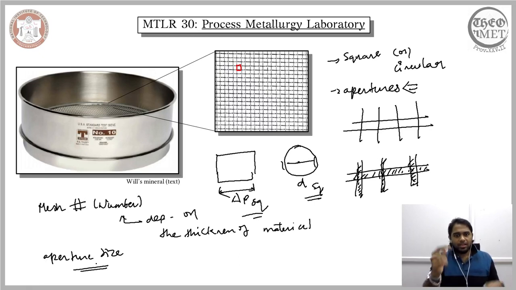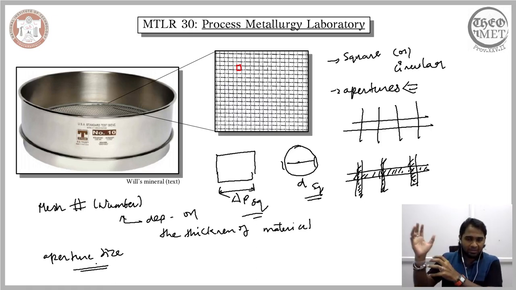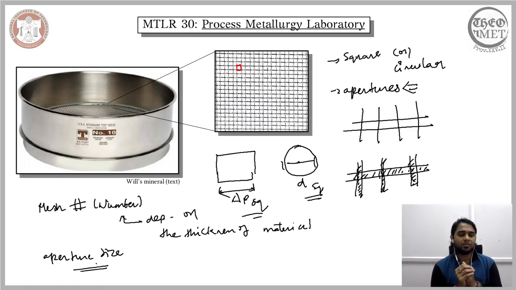So essentially a principal component of a sieve analysis is the sieve, and this sieve comprises meshes, and these meshes are of different forms and are also of different sizes. Now in order to designate each of these meshes, one way is the mesh number, and since mesh number has some restrictions, we go for identifying these sieves based on their aperture sizes, because the aperture size is